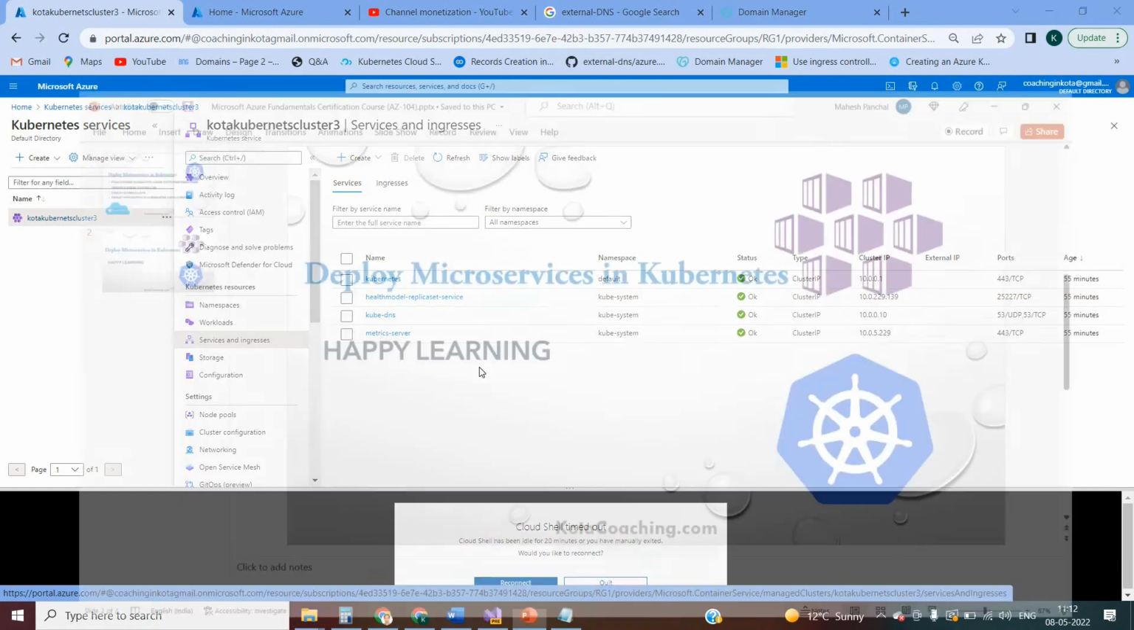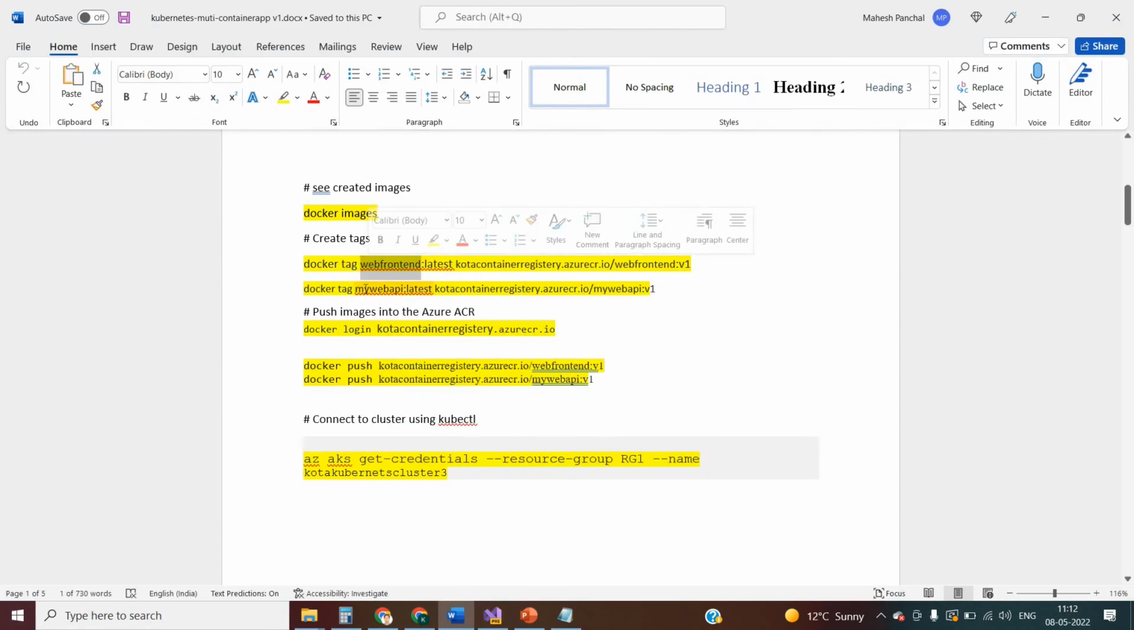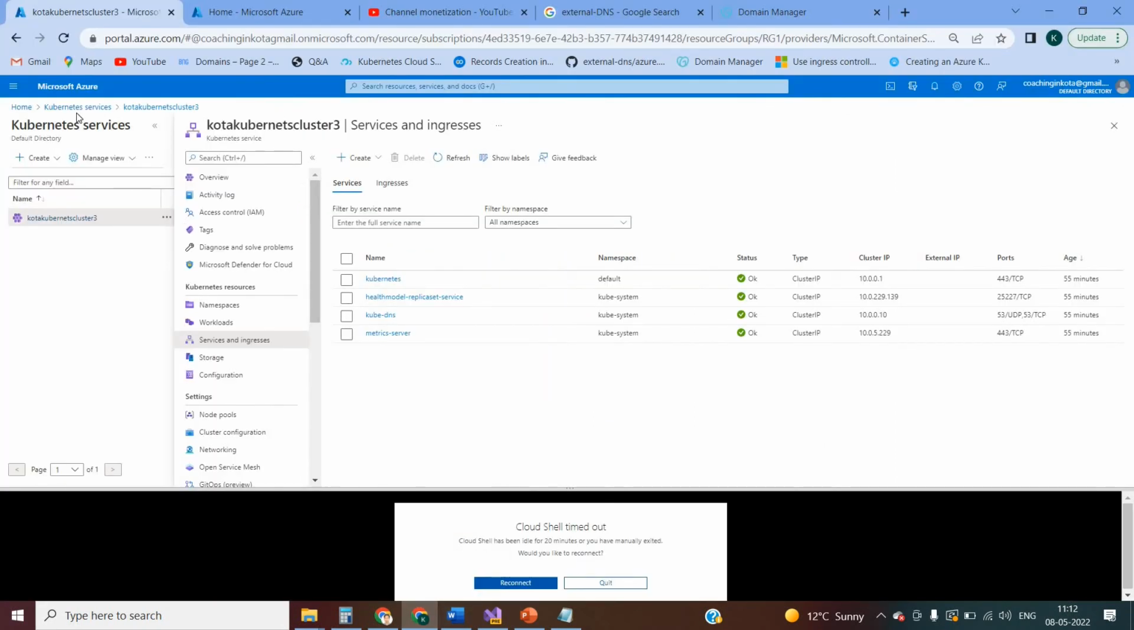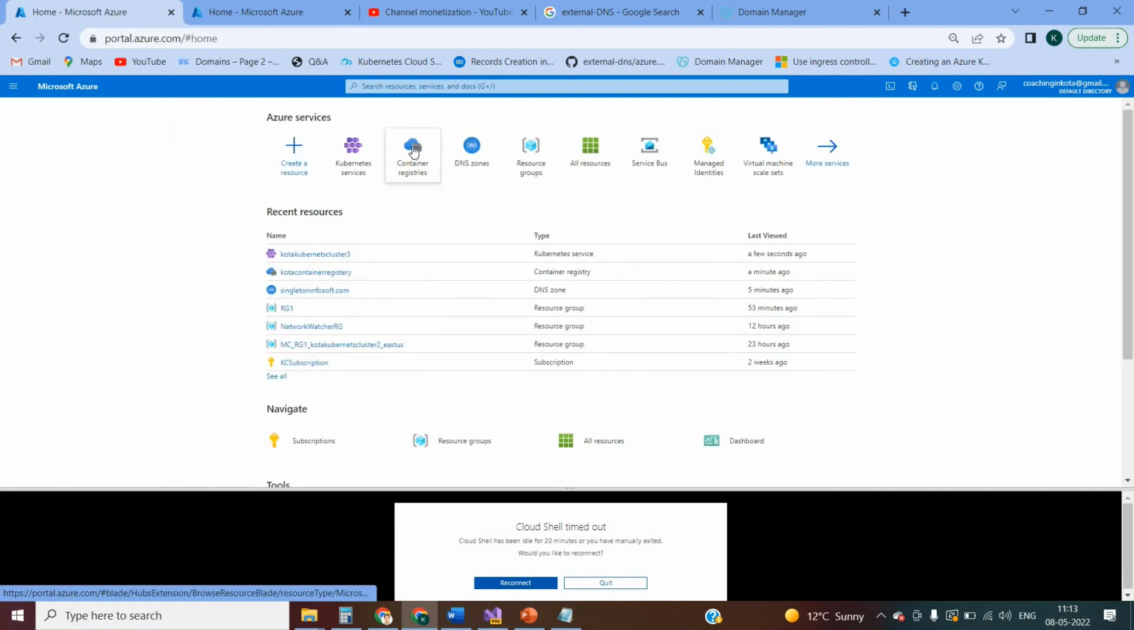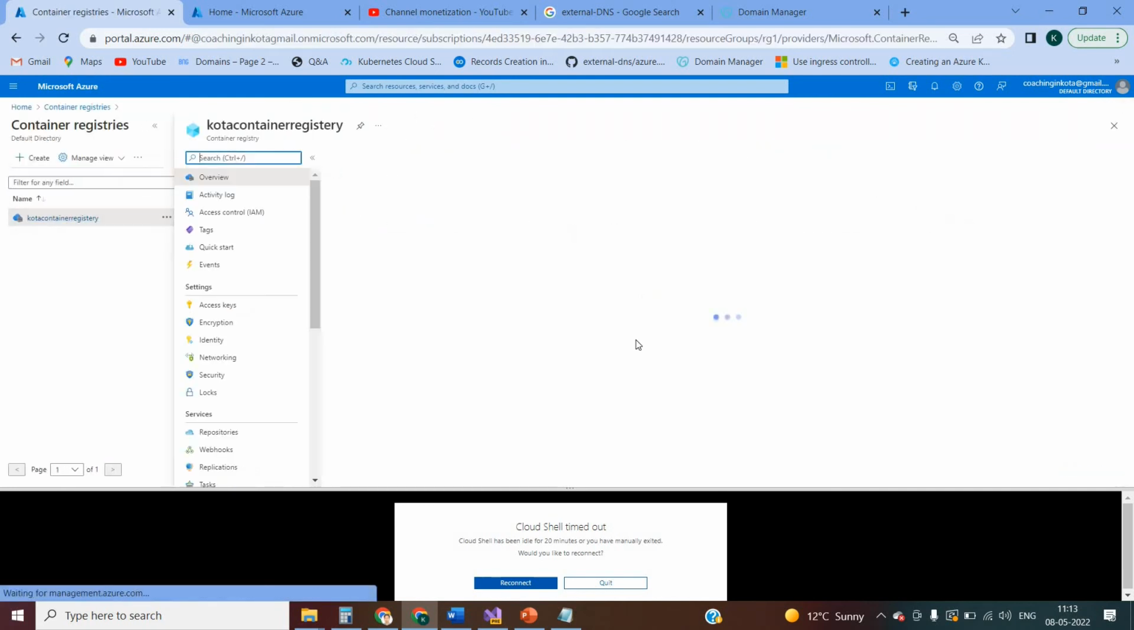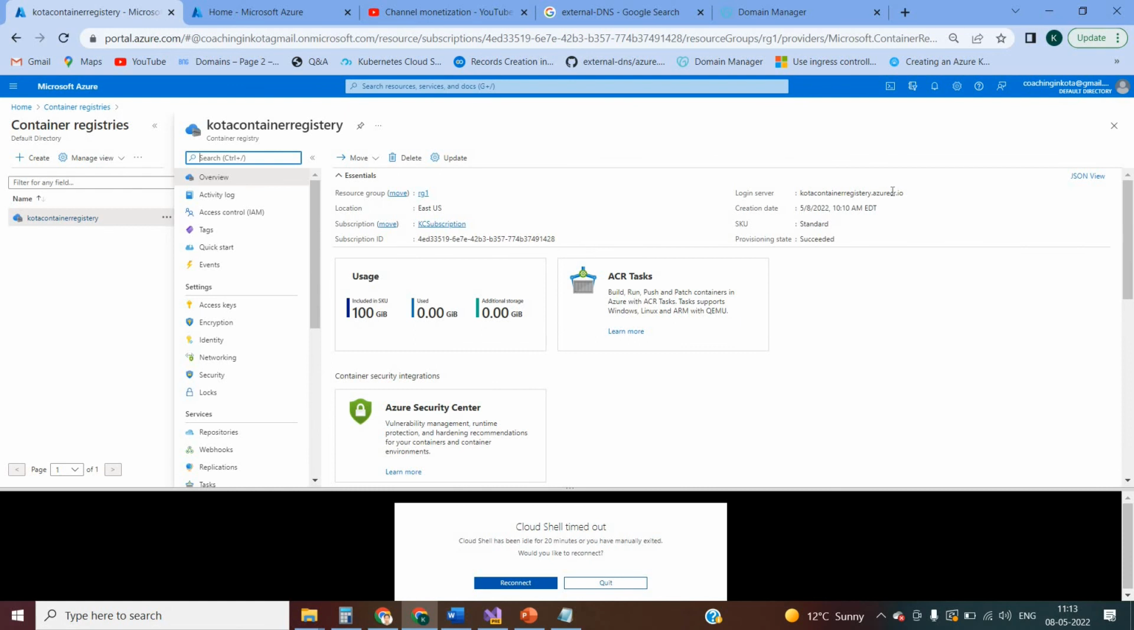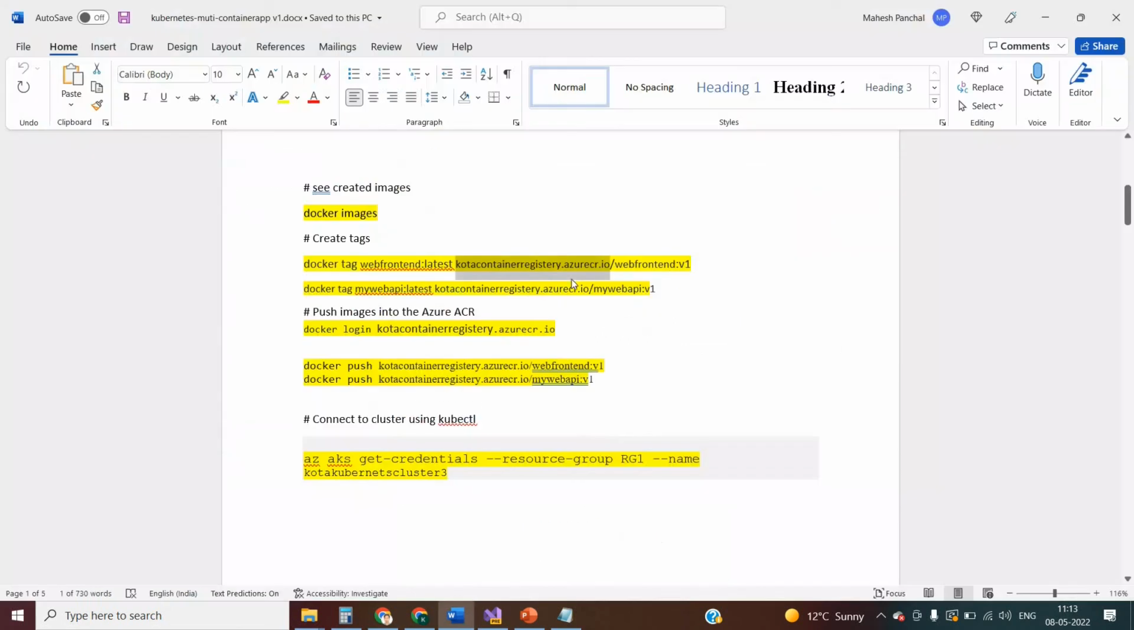Now let's do one thing. These are the image names, my front end and my web API. We need to create the tag names, because we need to push these images into the container registry, and it should have this name. That is the login server name. You can get the login server name from the container registry. Inside the container registry you can see the login server name. This is the same login server name you need to put here, and give the image name and the version,